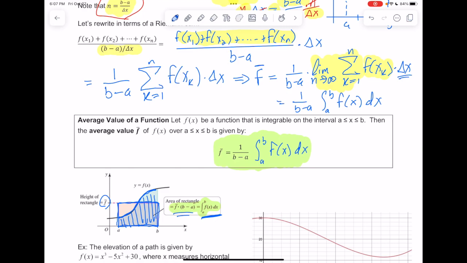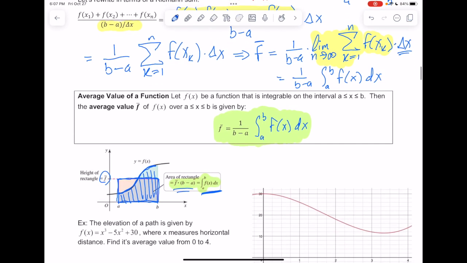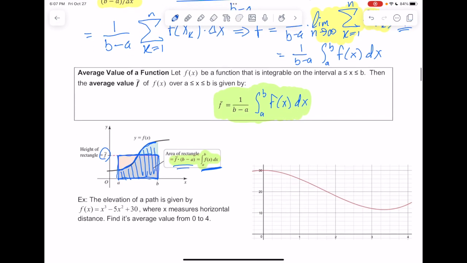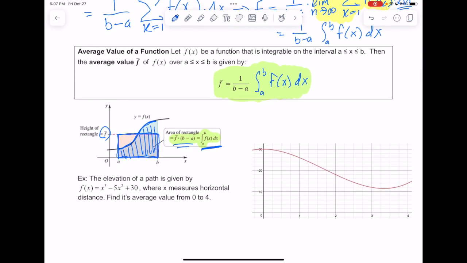That sounds like it's going to be some great trick to make it easier to do definite integrals. It's not really. It's just an interesting side point, because in order to know the average height of the function, you have to take the definite integral. So you kind of get caught in a loop there. There's no real shortcut, but it's just interesting that when you find the average, you're finding a height that has one single rectangle that equals the messy area underneath the curve.